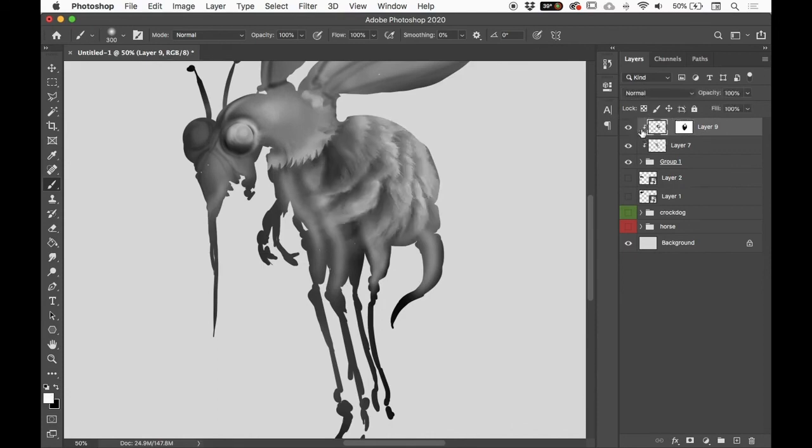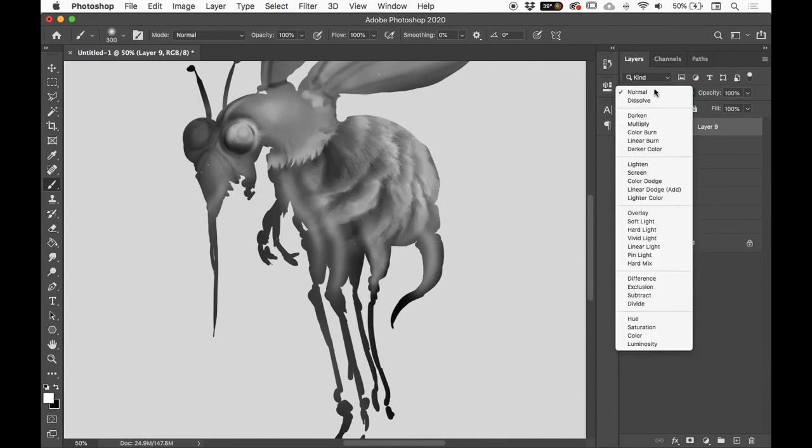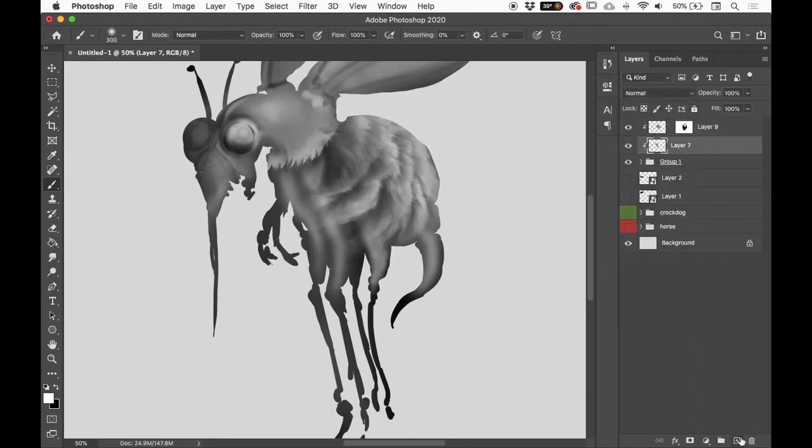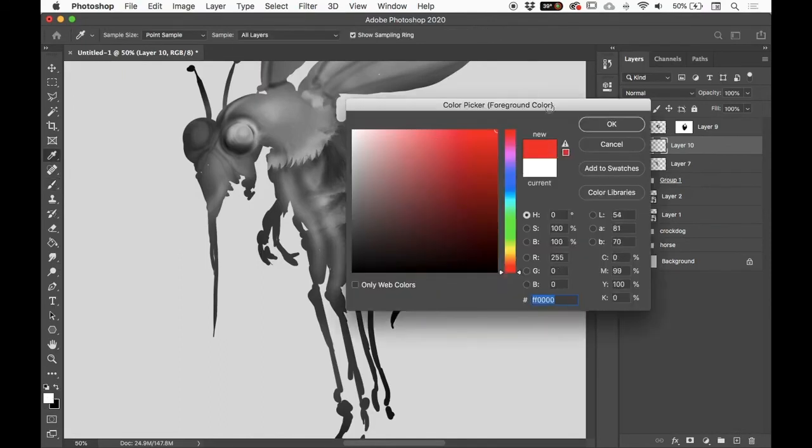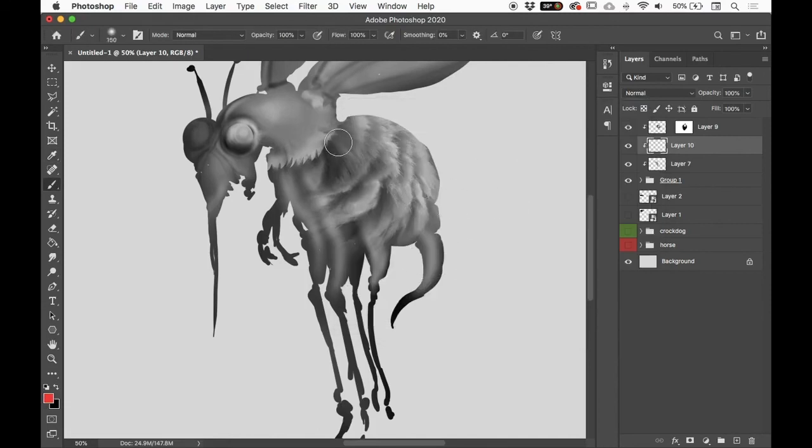This fur texture at the moment does not have a blend mode, it's just simply normal. The opacity is 100%. What you can actually do is just click on that normal one and start skimming through the blend modes, and what this will actually do is it'll allow you to, depending on what the underside brightness and contrast and color and stuff is, it'll blend accordingly. It's a kind of a random science to some degree. You can sort of predict what's going to happen, but sometimes there is a bit of a happy accident